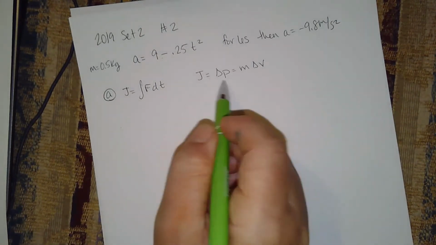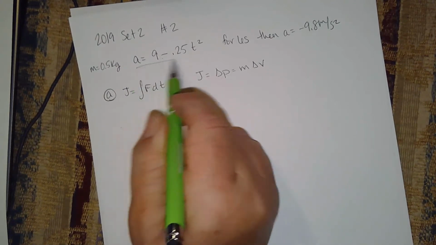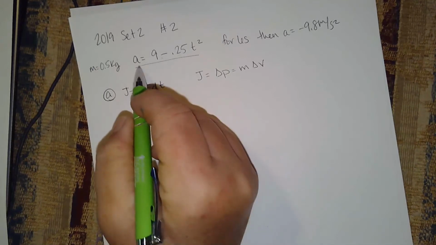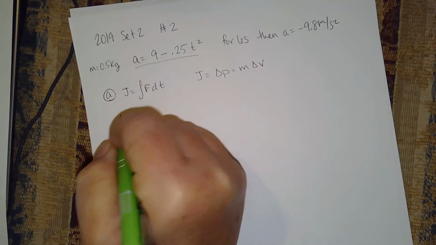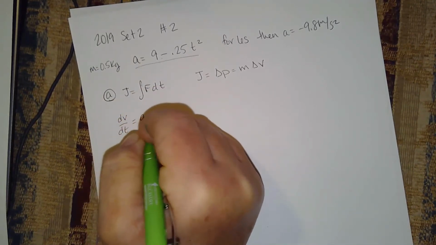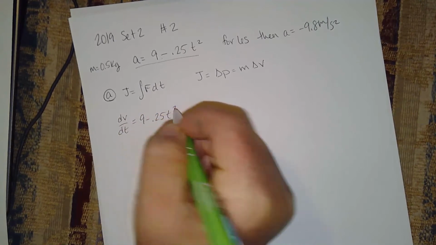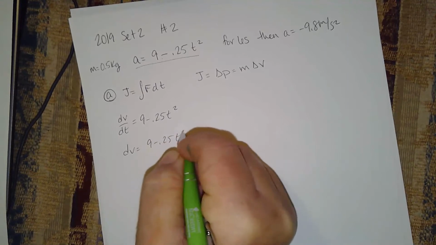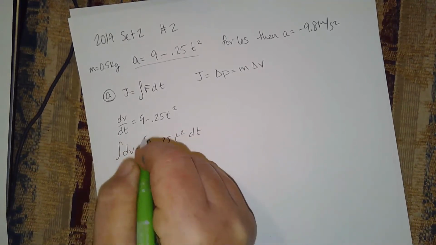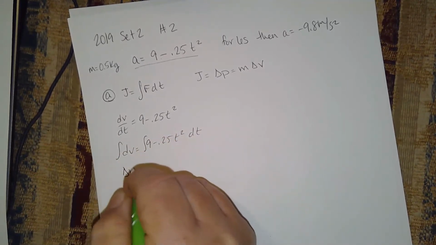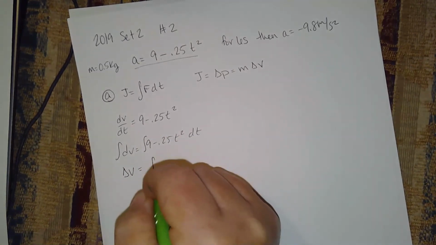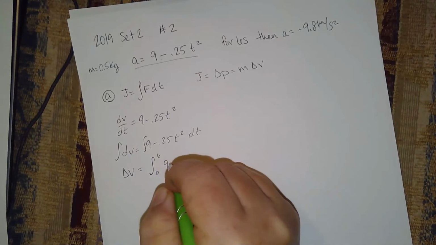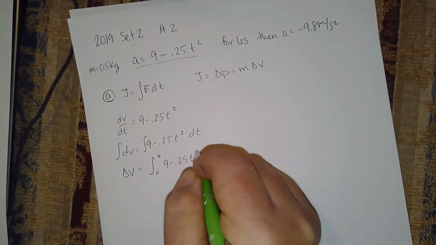So I go and I say, well, if I think about my calculus side of things, I've got acceleration. So how could I get velocity? Well, acceleration is the derivative of velocity. So dv/dt is equal to 9 minus 0.25 t squared. So dv is going to equal 9 minus 0.25 t squared dt, and then I'm going to integrate both sides. So I get my change in velocity by integrating this function from 0 to 6. And go ahead and take the integral of that,